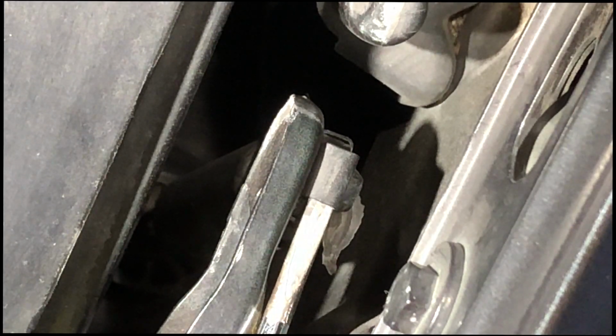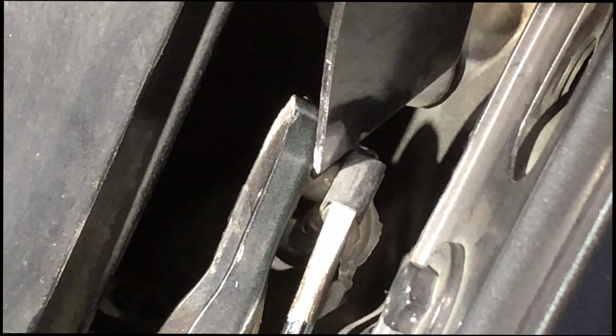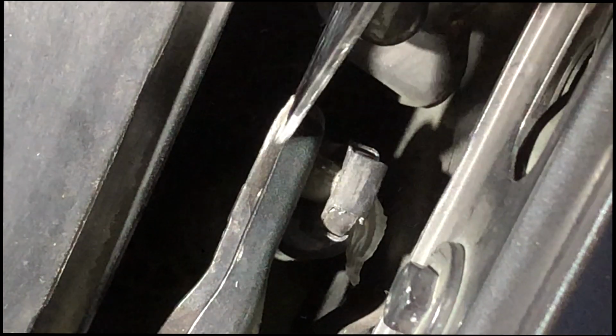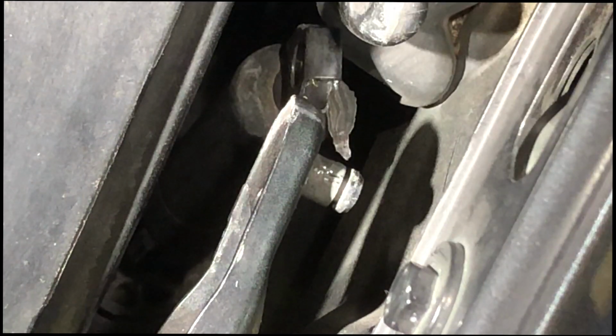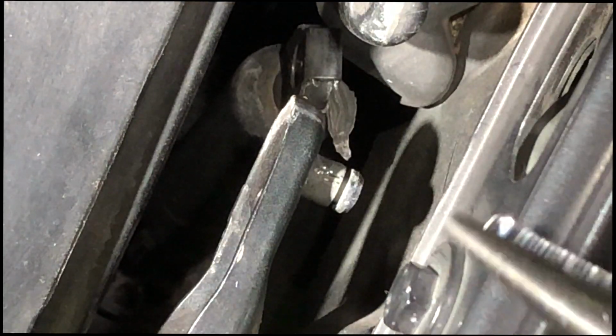So I have a long bladed screwdriver. I also have a stiff putty knife. Yeah, that's looking pretty good. Let's see. I'm also going to get a pair of needle nose pliers and see if I can grab